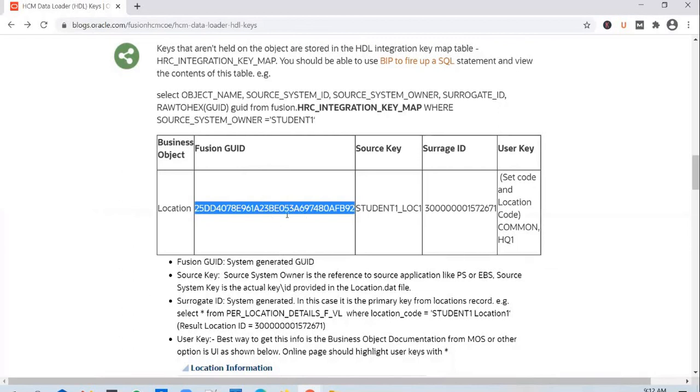Meaning, with the help of this ID, you should be able to identify a record uniquely, not within a business object, but across business objects.